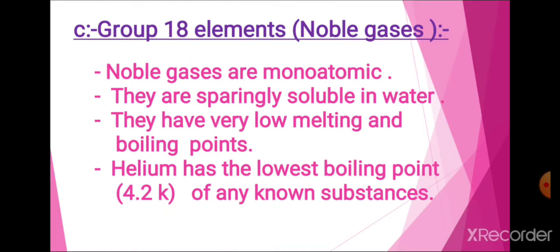These noble gases are monoatomic. The only interatomic interactions which exist between them are van der Waals forces, and we know that these van der Waals forces are weak forces. They are short range forces. That's why the melting points and boiling points of group 18 elements are very low. They liquefy at very low temperature. These are some of the physical properties of group 18 elements.